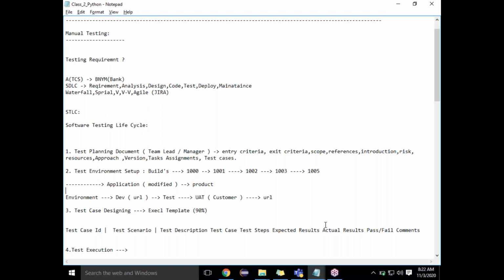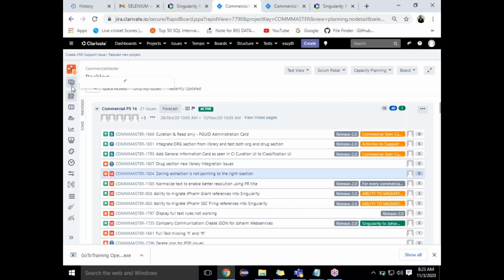If you want to import test cases into Jira which you have written in a third party tool, I think there is some way to import them. One minute, I have to go through the board.